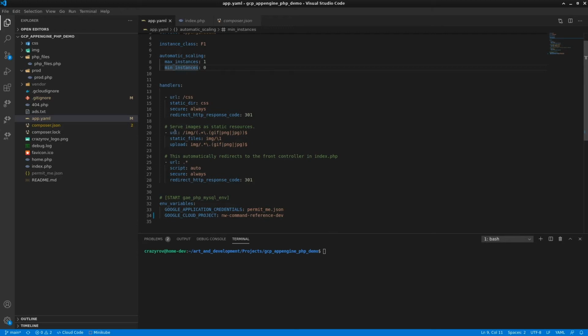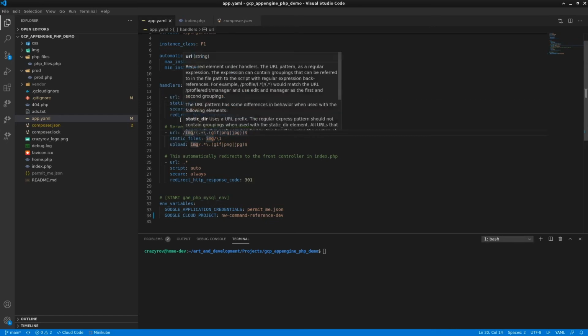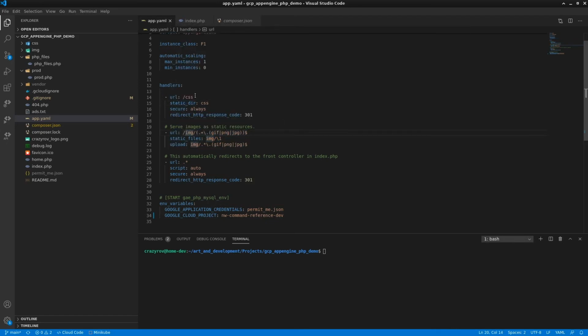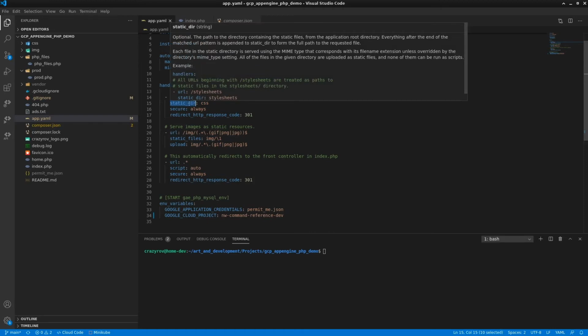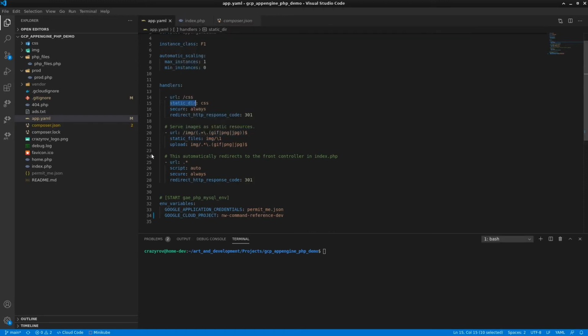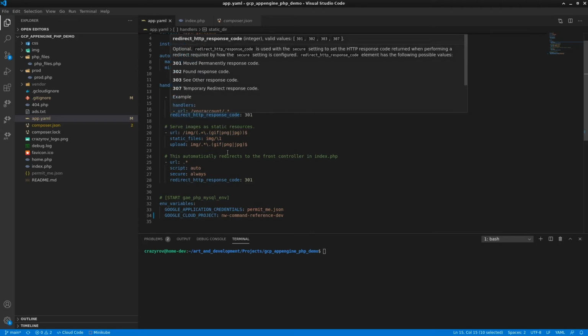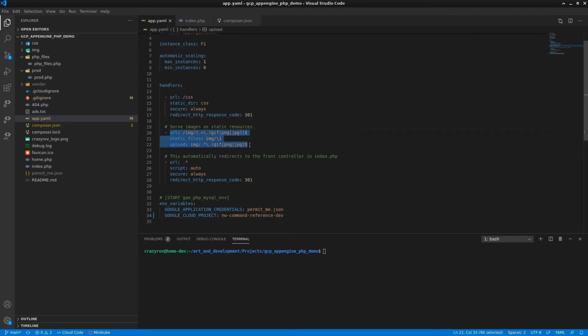If you look at the handler list here, this is my static content, which is the CSS and the images. Whenever you're using any static content, you have to use the parameter within your handler element as static directory. The secure setting is just to make sure that only HTTPS can be used to access the contents here. We also have the images which are defined here.